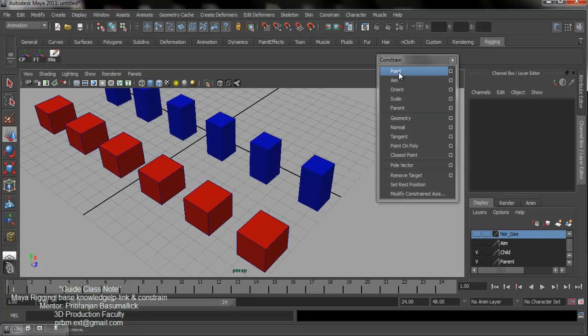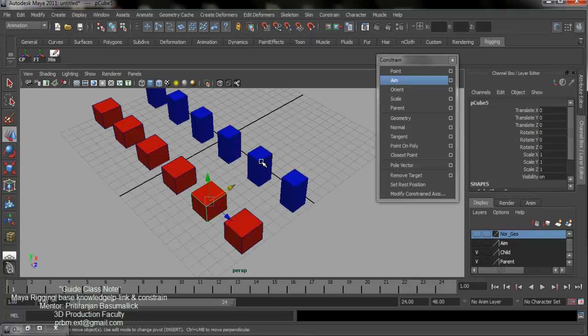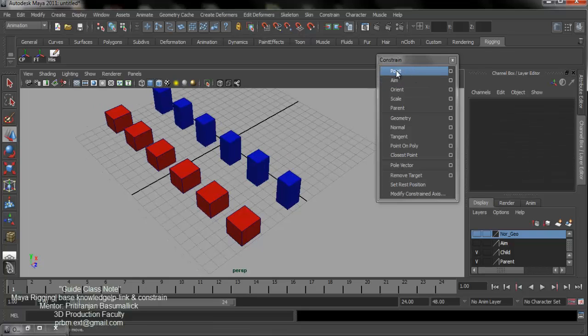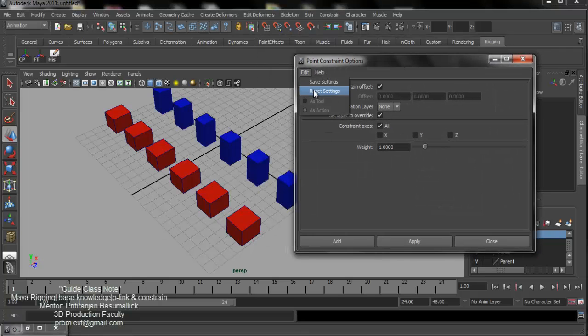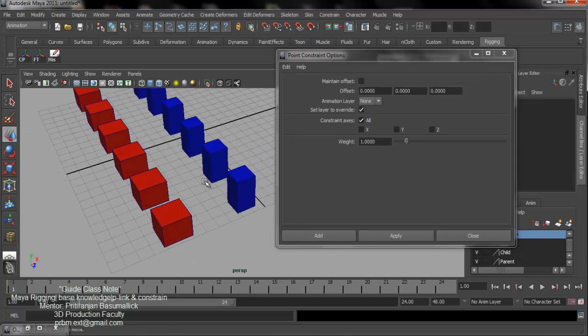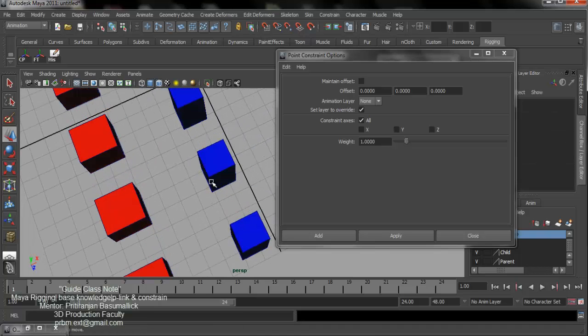Oppositely, when you go to constraint relationships, at first select the parent, then select the child. Then we are going to do the point constraint. Before that, I open my point constraint window and try to understand the settings. Go to the Edit menu and reset it; always reset all tabs when you go to rigging. There is Maintain Offset. Maintain Offset on means the offset, that distance between child and parent, is maintained.